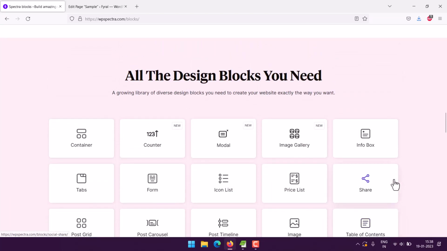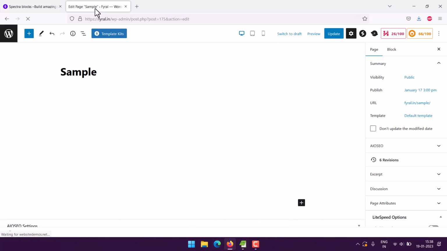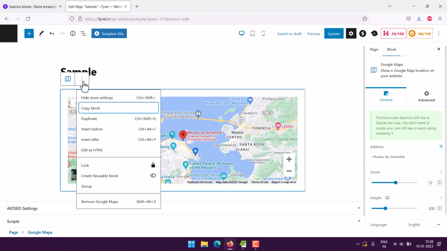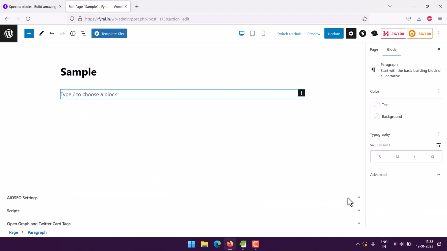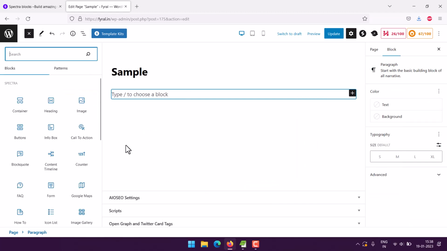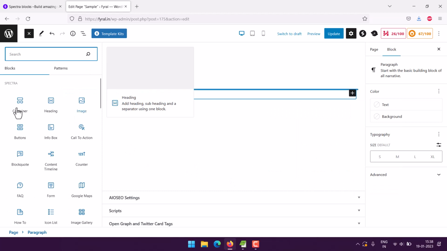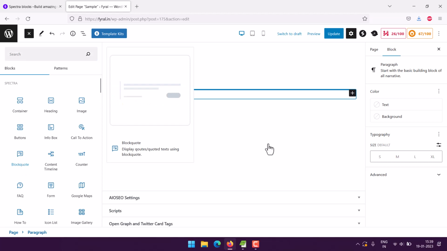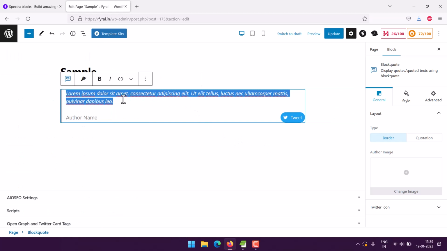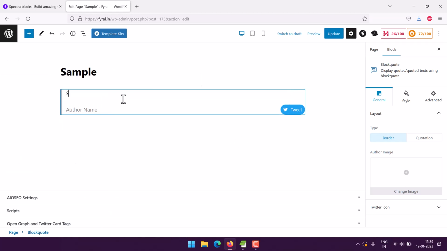right? So let's go, and on this page I already have one block, right? So I'll have to remove it. So remove the block. Here within this area, click on browse, and then you have various blocks. So Blockquote is the one I want to use here, right? So let's say I have something like things like say this lesson,